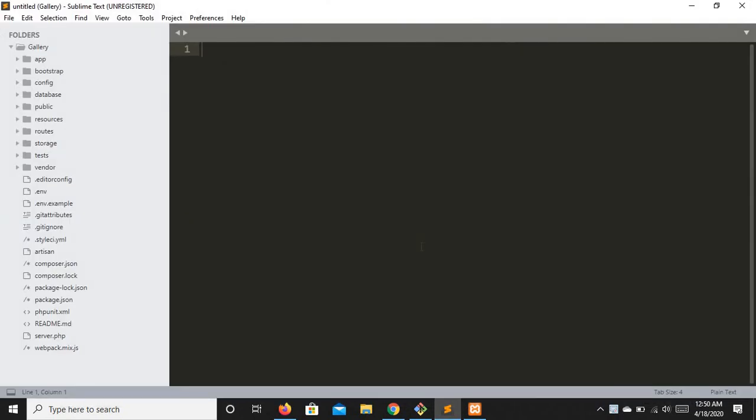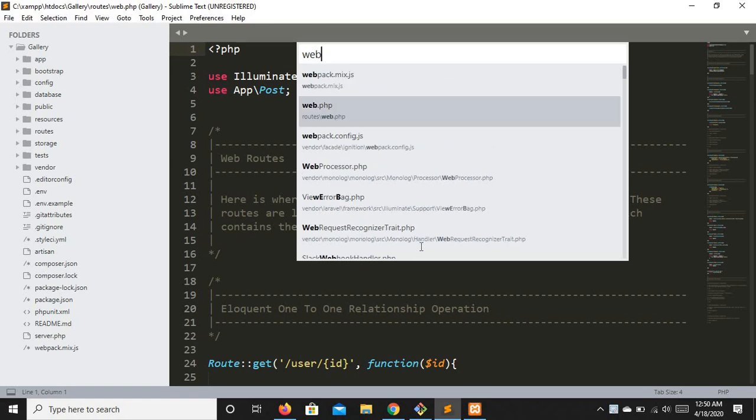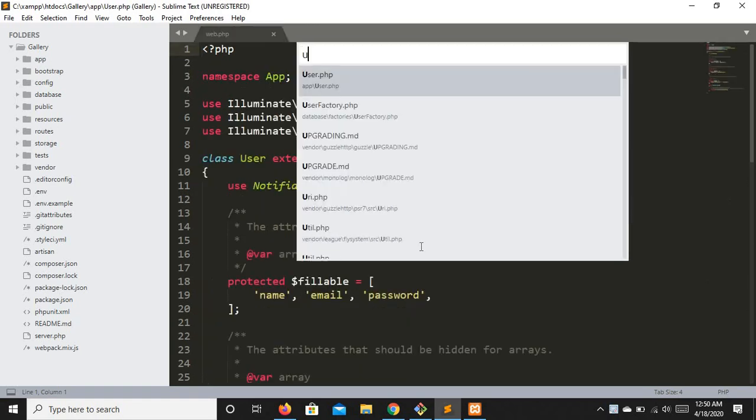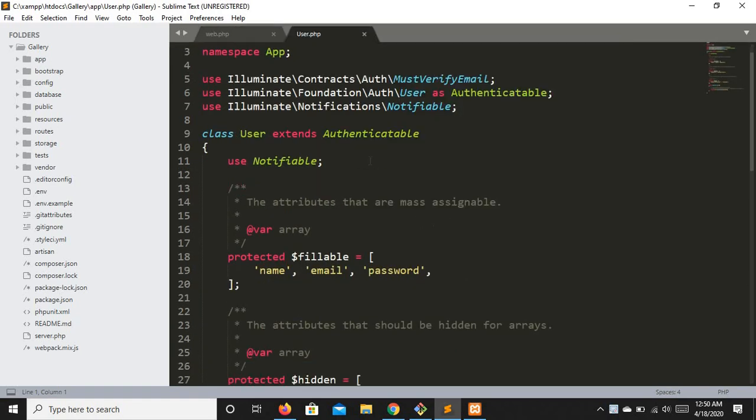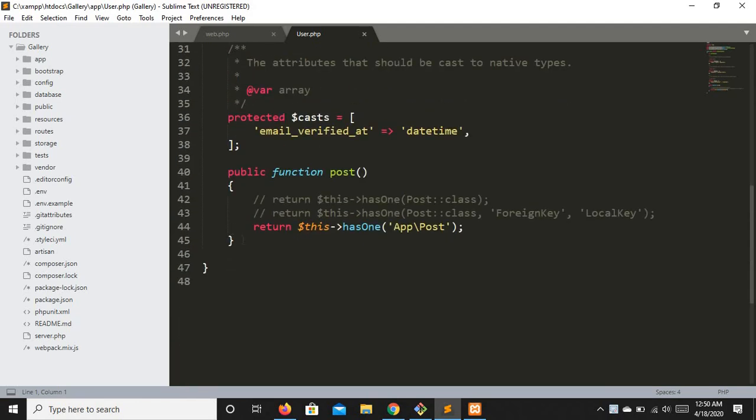I will just move to my Sublime and open my web.php file right here, and my user model. Inside the user model we implemented a custom method that was defining a relationship, has one, basically a one-to-one relationship.